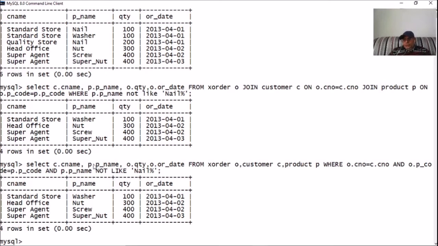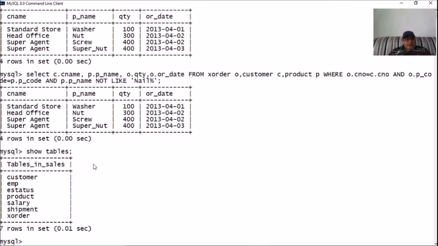So to demonstrate that situation, I created another table. I have forgotten its name, so I'm listing all the tables in this database. That is none but shipment, right? I'm going to show you the instance of this table.